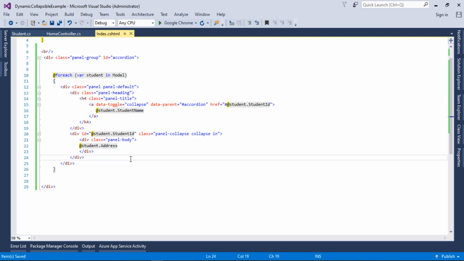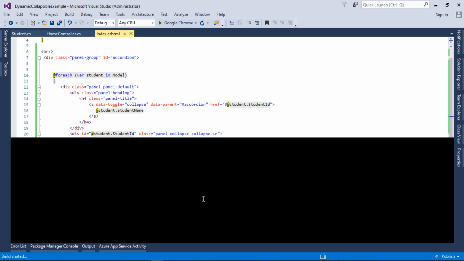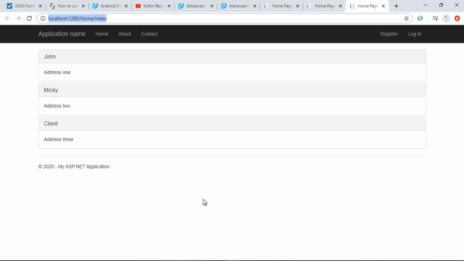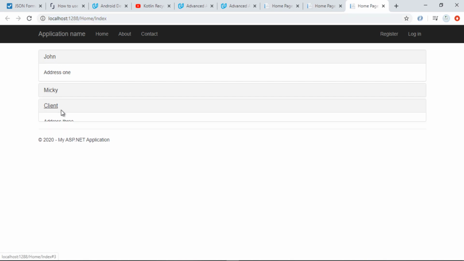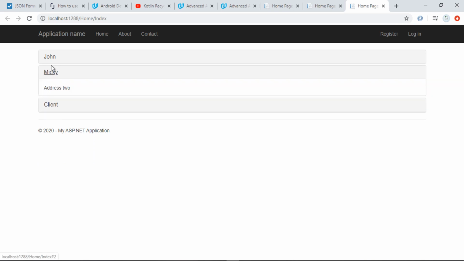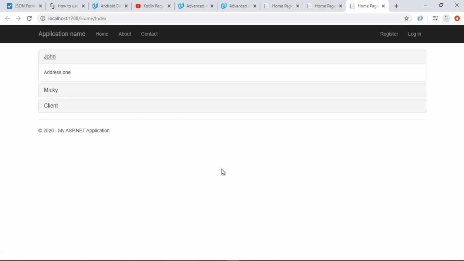Okay, now let's save it and run this application by pressing Ctrl F5. As you can see, we have three different students: number one is John, and Mickey and Klein, and all the addresses are different from one another.